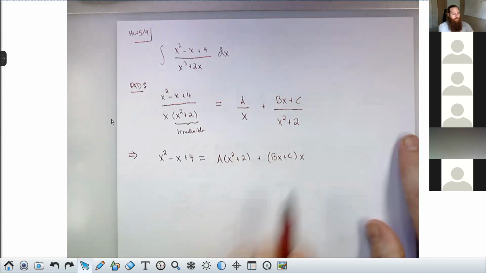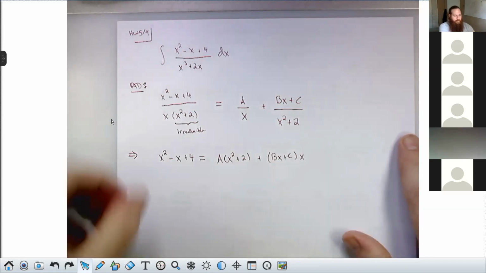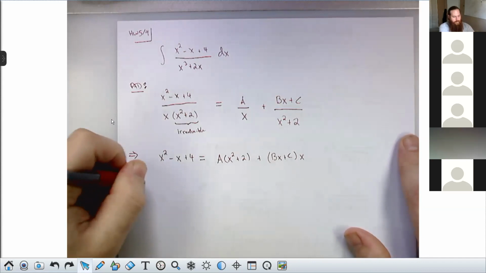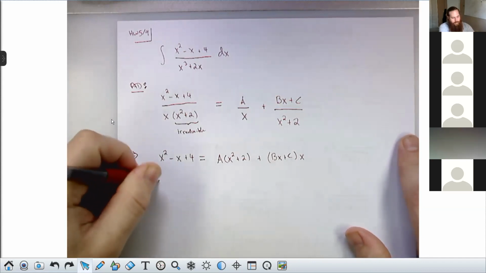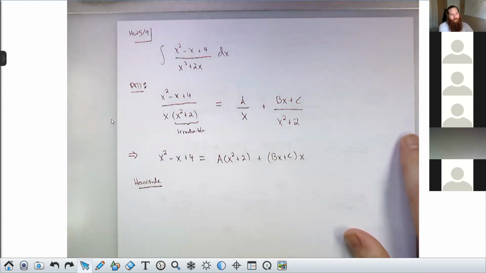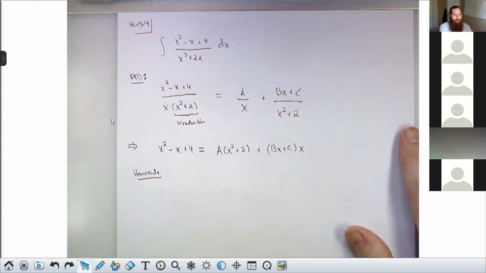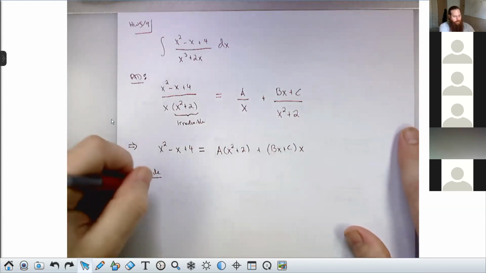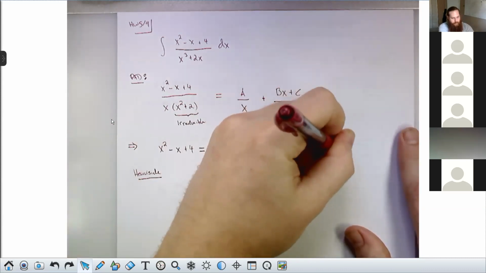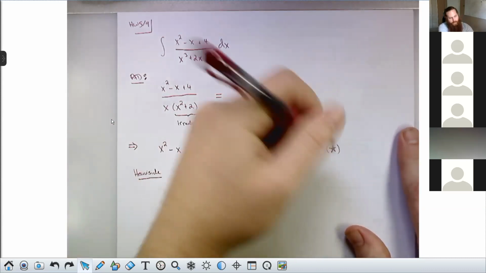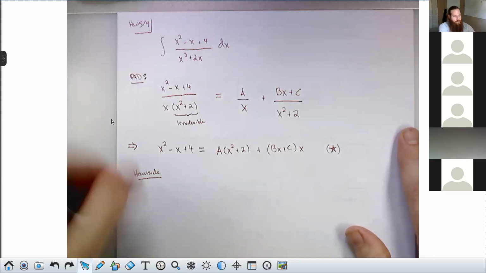We could go ahead and multiply everything out, collect terms, set coefficients equal on either side. But before I do that, I want to use the Heaviside trick to get out as much information kind of for free as I can. If I evaluate this expression star when x is 0,